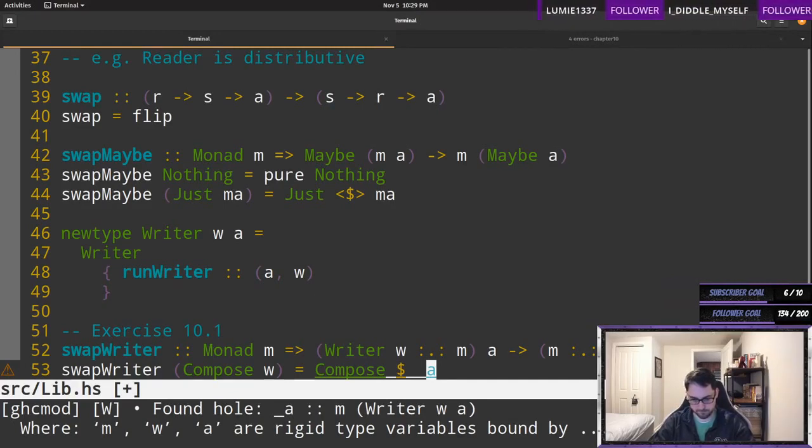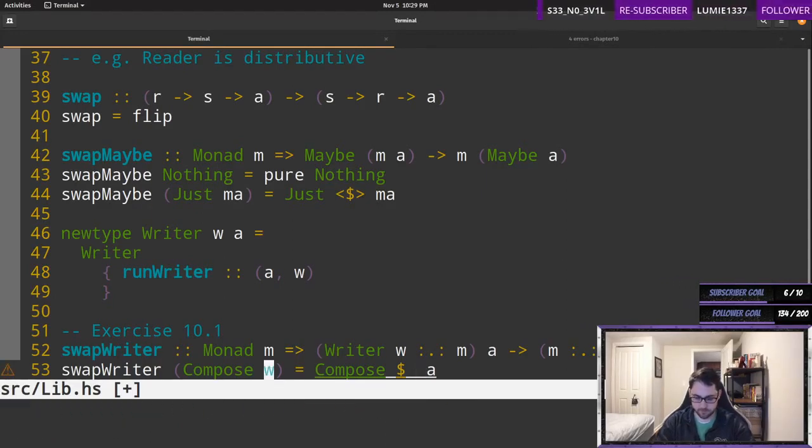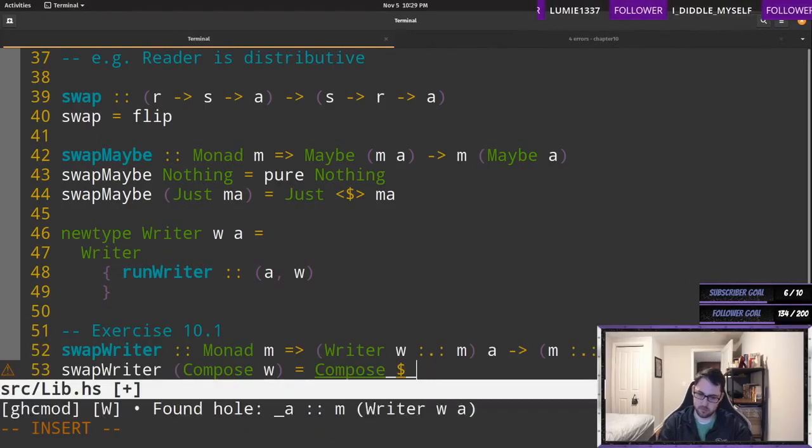This A is a monad writer W, which means we can bind. Oh no, it needs to be a monad writer W, of course. Leave that there. What's the type of W? So